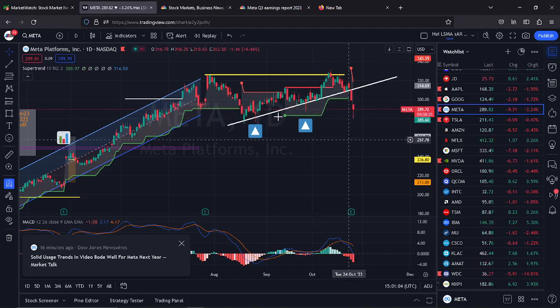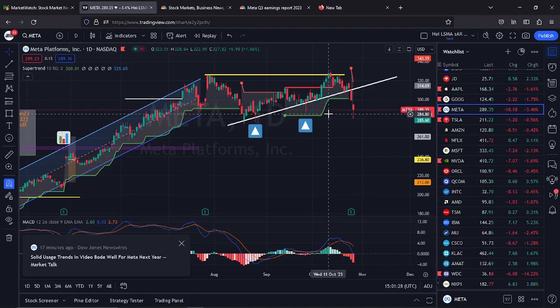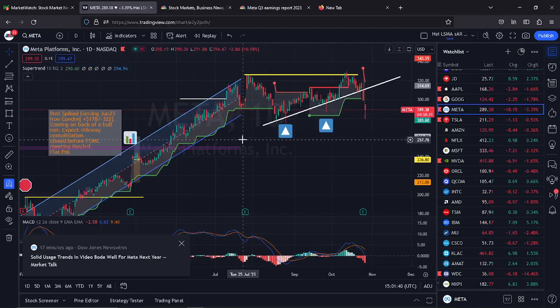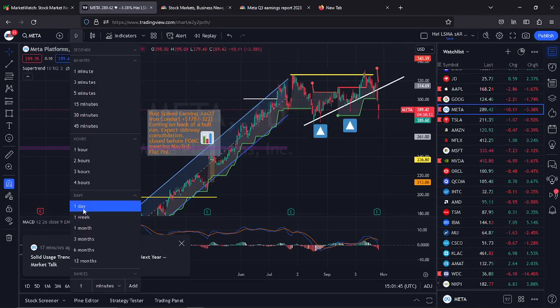This is why you can't use indicators alone, whatever you use. These are mathematical equations, that's all it is. You cannot just use a straight mathematical equation to decide to enter a trade, to buy or sell a stock. You must understand what's behind it. What's the reason behind it dropping? What's causing it to go up? We know Meta is a big player in virtual reality and augmented reality. They're a huge player in that. They have all the data with certified AI language model requirements. This is why Meta just went straight up. If not for the AI development, okay, if we look back, each bar is a week.